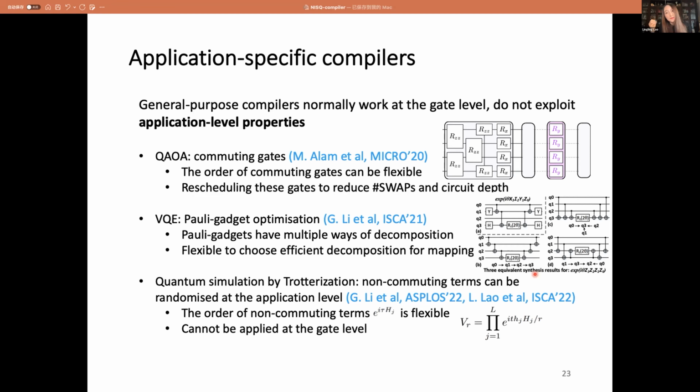And for the general purpose compiler, we could not change their orders, because the general purpose compiler always respects the gate dependency. But at the application level, based on Trotterization, we could actually randomize these terms. So the order of these non-commuting terms is flexible, and we could exploit that.